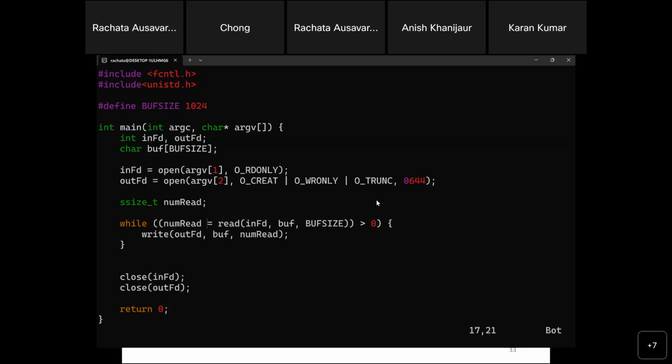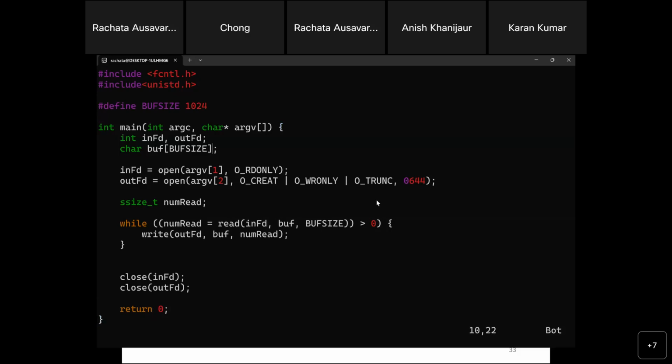It's as simple as I read inFD, right? And then the buffer size right now is 1024 bytes. So I do a block of 1024 bytes at a time. I read them to where? To my own character buffer.